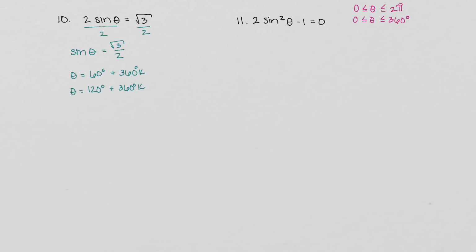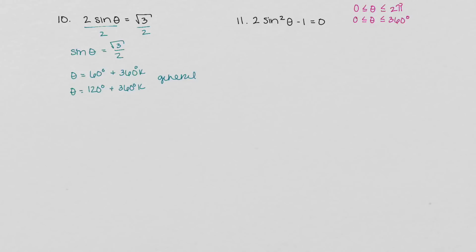And k is the number of times around the circle you've gone. So these are our general solutions. If we did not have an interval, the general solutions are what we would expect. Now, because we've been given an interval, we have to stick to the angles between 0 and 360. We're going to take those two general solutions and find the specific solutions that fit that interval,